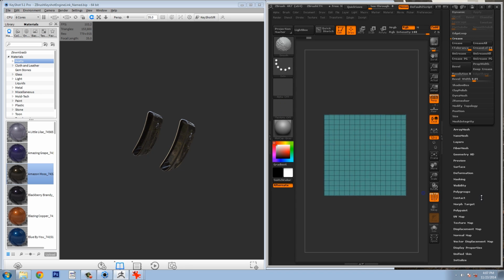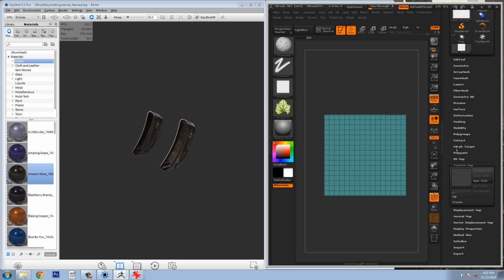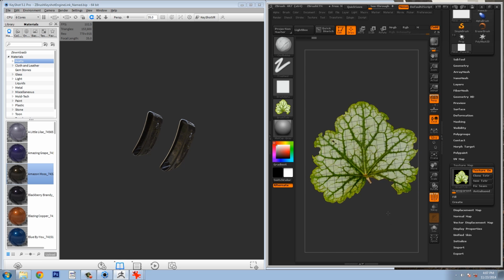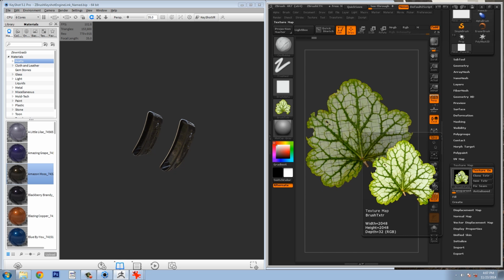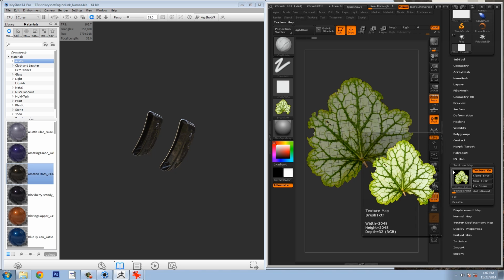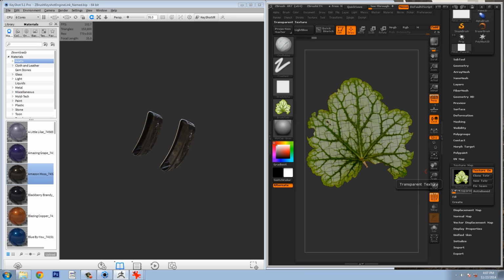And I just have a simple plane object, and now I'm going to apply this as a texture map to it. So I'm just clicking this. By default, you're going to notice that if you load a texture map into ZBrush and it has black, 000, it's going to read it as a transparent texture. We've added the ability to harness this potential of having black areas on textures to turn them into transparencies a little bit more. Before, it would only be on and off if it was perfectly black. So if you didn't clean up your texture all that well,